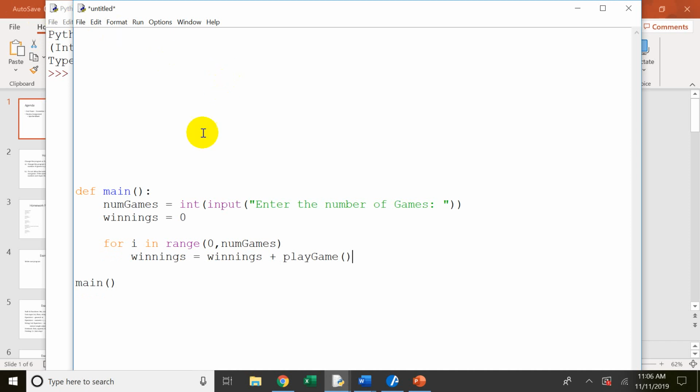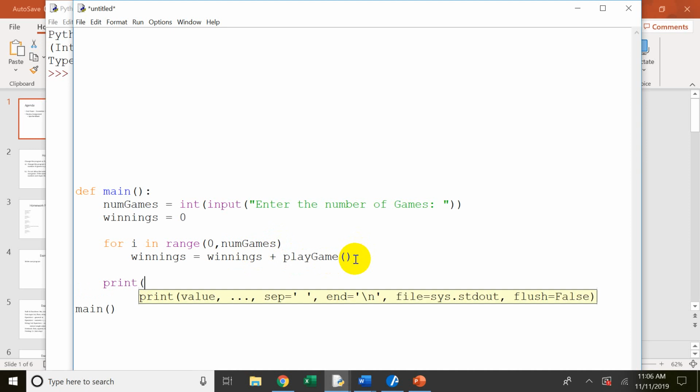So my thinking was, okay, get the number of games, and then just have a function that is going to play the game. That is going to return the amount of money you won, and I'm just going to have a running total that's going to add up into the variable winnings how much you won for the playing of each iteration of the game. And then ultimately, after that happens, I could have a function, or since it's just one line, I'm going to print out